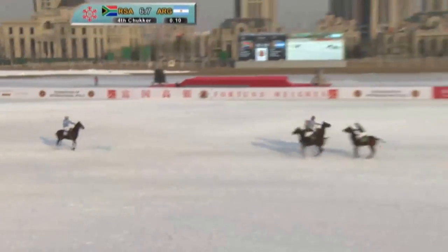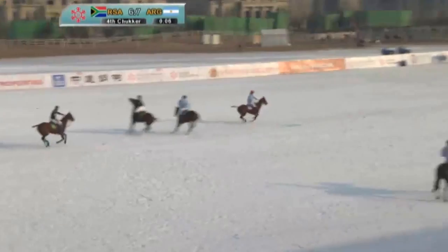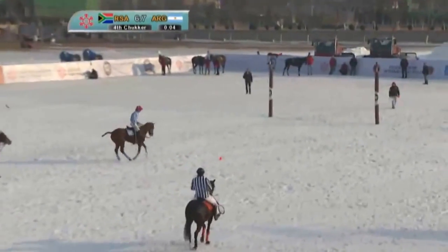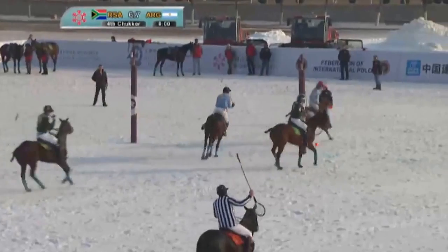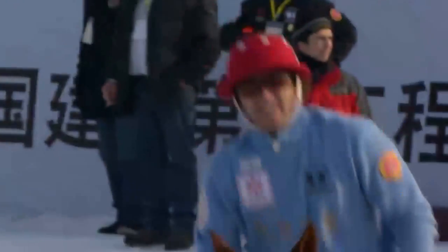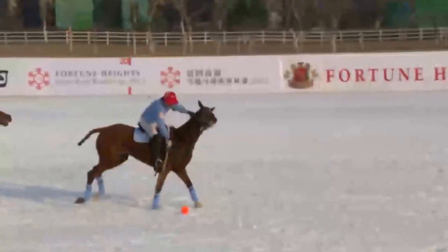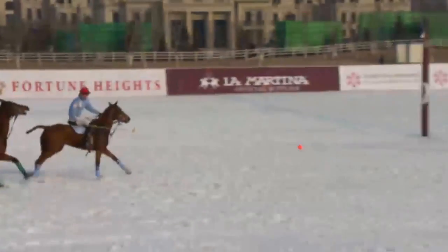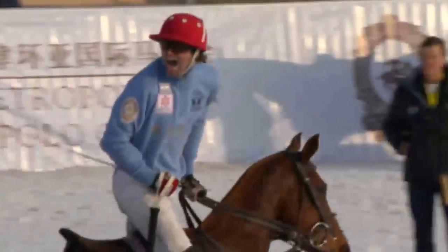Vial drives the ball down the centre. Guineazou coming through. Guineazou runs it up towards the goal. Guineazou drives it through. One more goal as the final siren rings. Whether the score will actually be 8-6 or 7-6 doesn't matter to Argentina, because they're in the final against... Look at this. Guineazou was making sure he didn't lose possession of this, and he finally runs it through, but I think the siren just might have gone before that. But anyway,